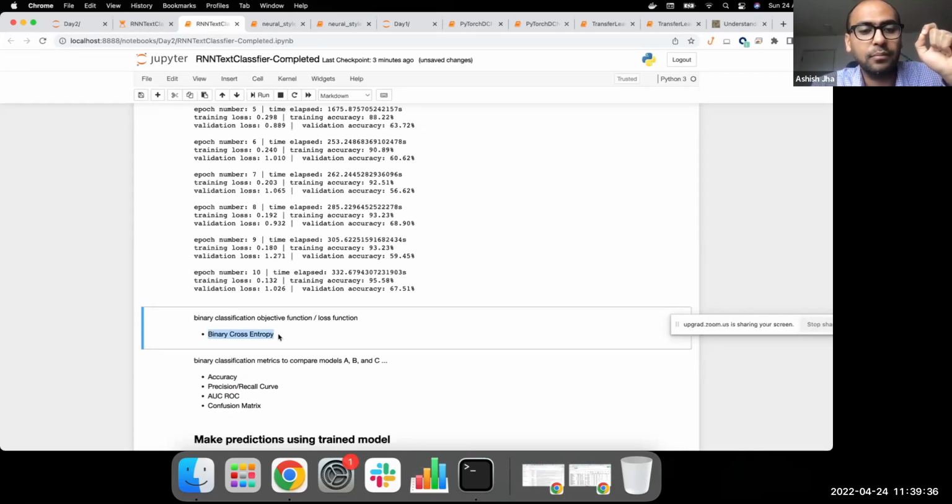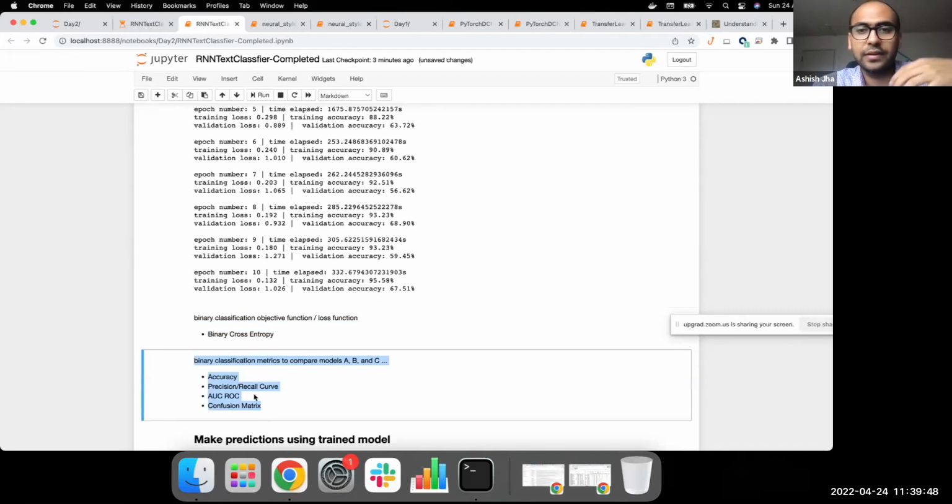That's the most important part there. Hence I recommend you look at the learning curve, which is the loss function plotted along the epochs during training. Once you have the models, you can use these metrics to compare whether model A is better or model B is better, because these numbers give you more detailed insights.